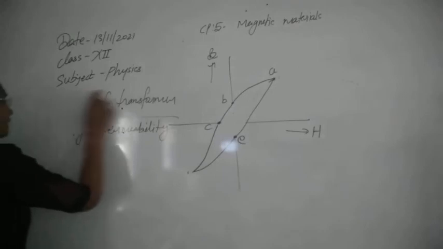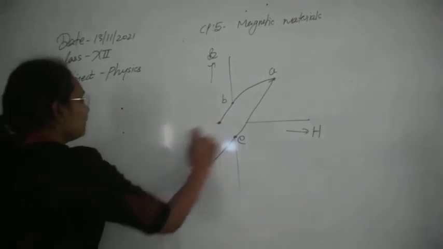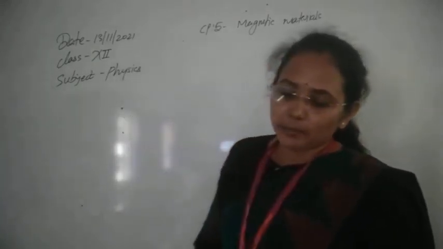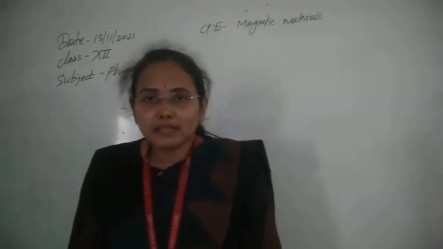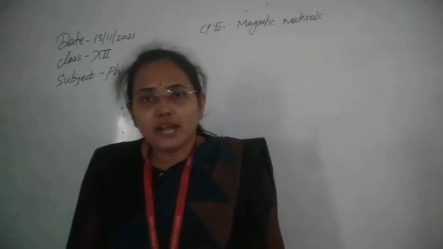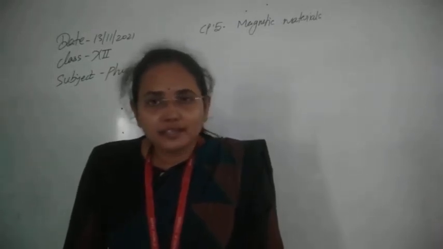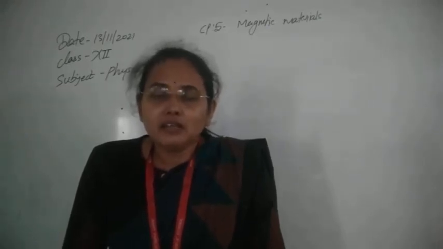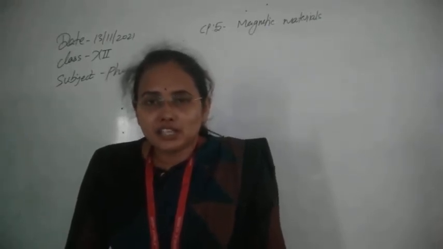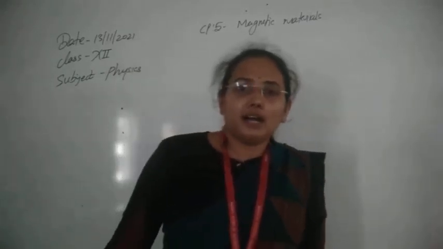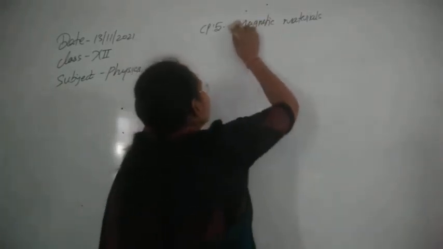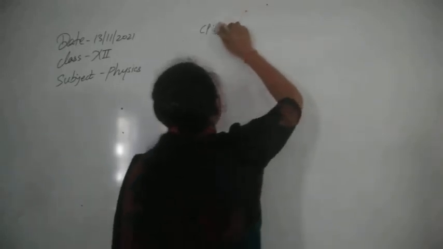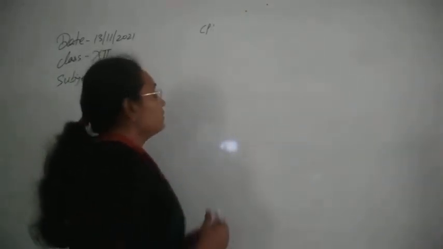So students, I think this is now clear. We have revised our chapter number 5 also. In chapter number 5 we had topics like magnetic materials, magnetism, Earth's magnetism, all of which we have discussed. So this is, I think, completely clear. So as we still have time, let's discuss the next chapter and revise some of its topics today. So let's now revise our chapter 6 here.